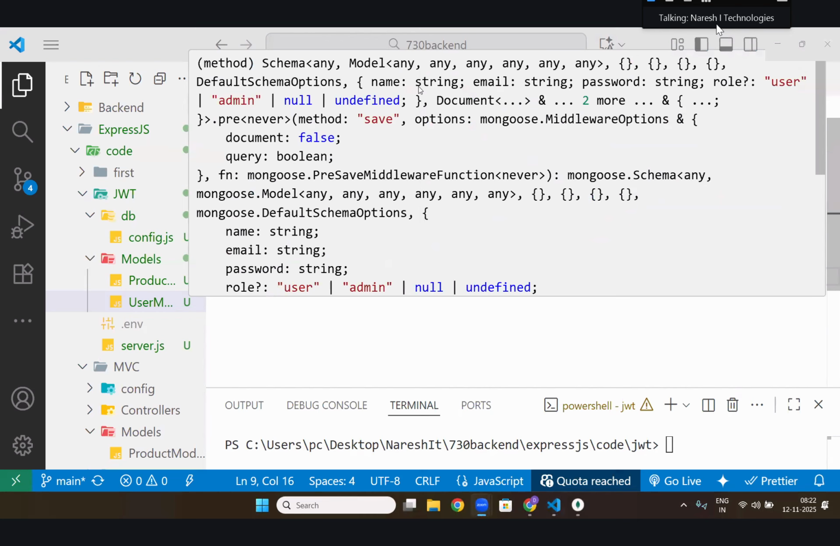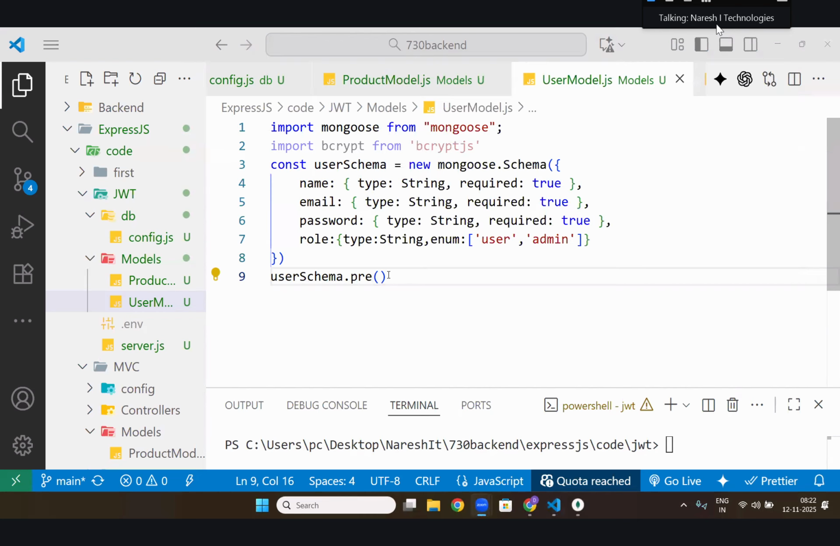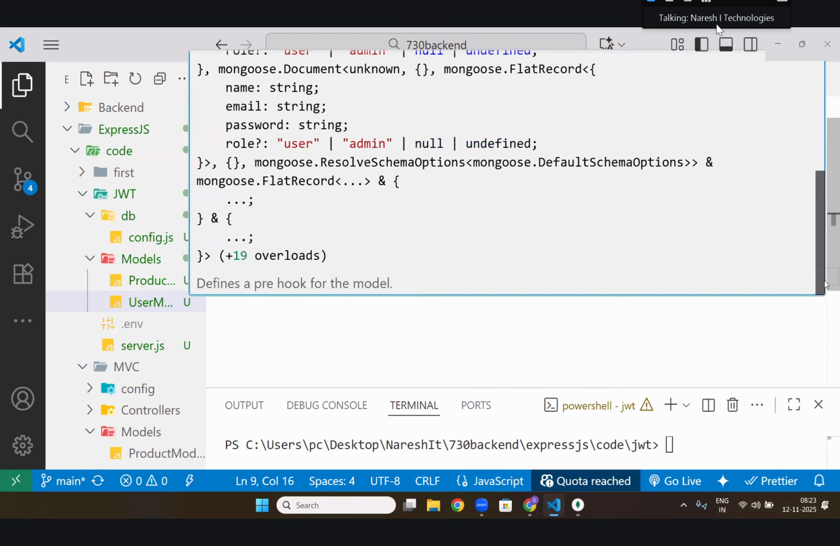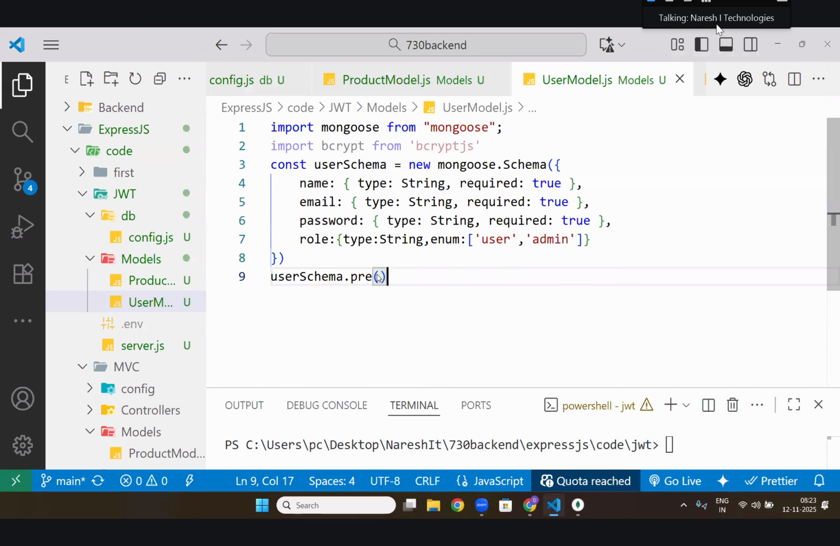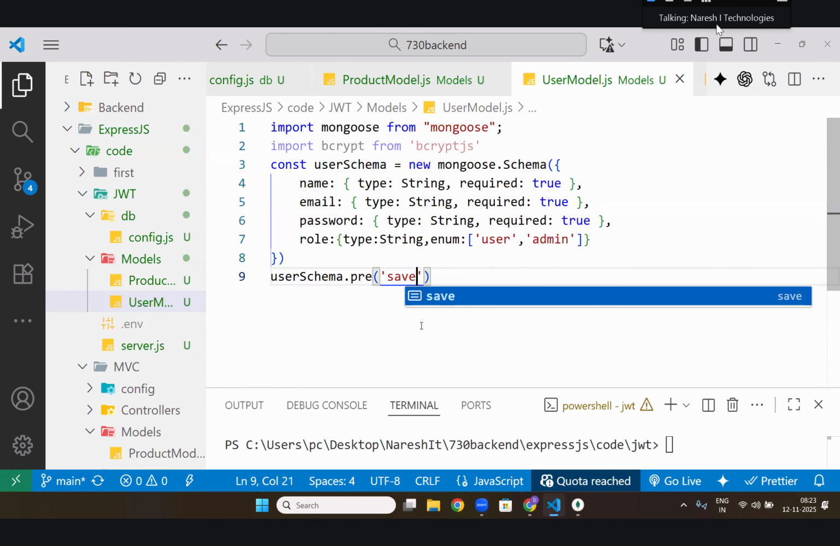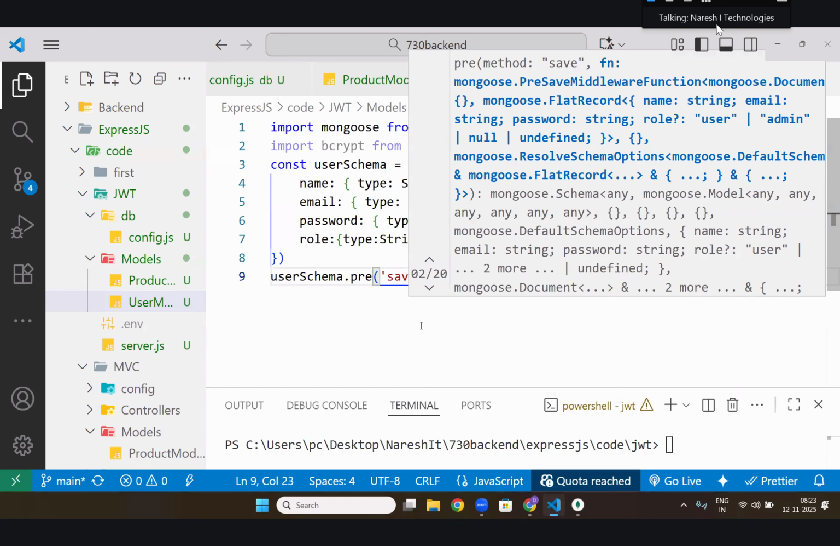If you see here, for pre you can give some method. What is the method name? Save. Before saving, do you want to do anything? Yes. Before saving, I want to hash my password. So how do you do it here? You can do many things, but I'm doing it like save. Before saving,